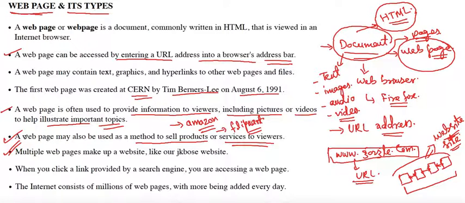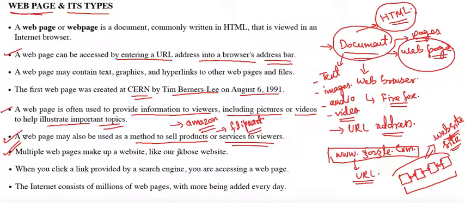Web pages can also be accessed from search engines. It is not mandatory that you type the URL of the web page in the address bar of a browser and press enter, and the web page will be searched and provided to your web browser, and you will be able to read that information. You can also go to a search engine and type a query, and the search engine will provide some results, ranked based on priority and other factors that Google is providing. So the web pages will be ranked and served to you in your search engine.